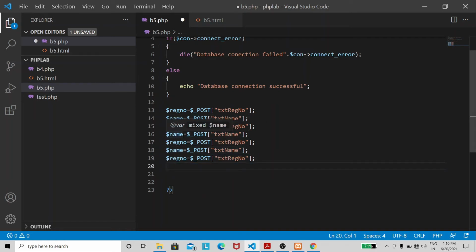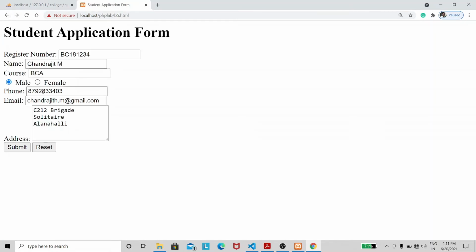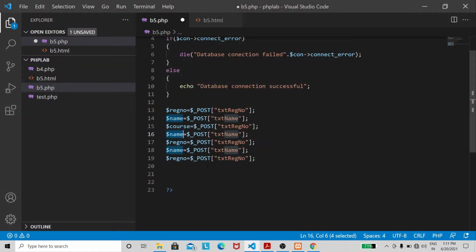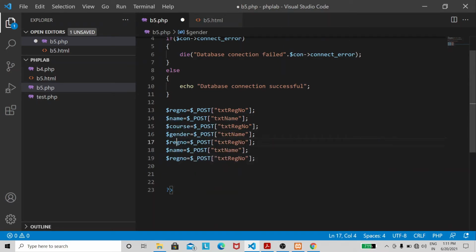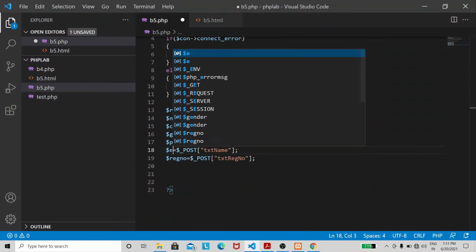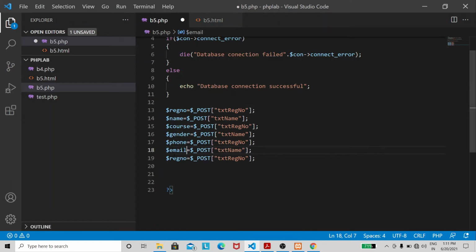First I'm going to name the third one as course, fourth one as gender, fifth one is phone, sixth one is email, and the last one is address.